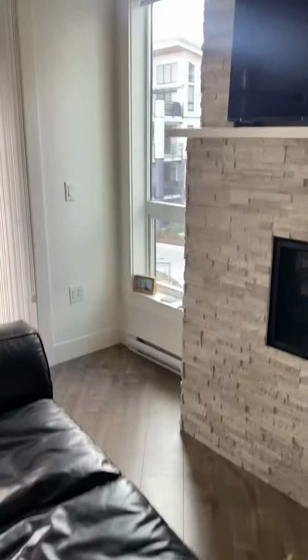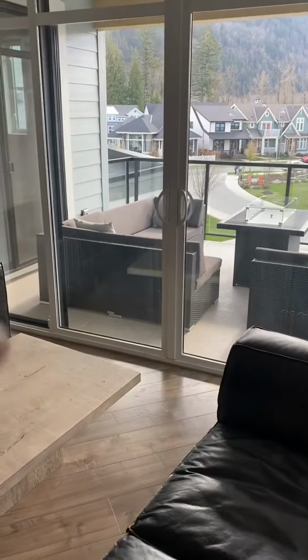Gorgeous view, man. I love this place. I just love it, man. I got the little fire pit thing and these pastel houses all around the area and the mountains, river. If you're standing out there, you got a river view. I don't want to show you any more than that. It's too private, but